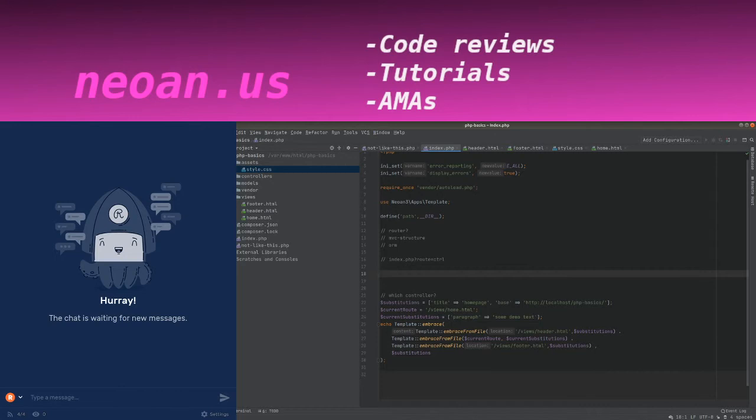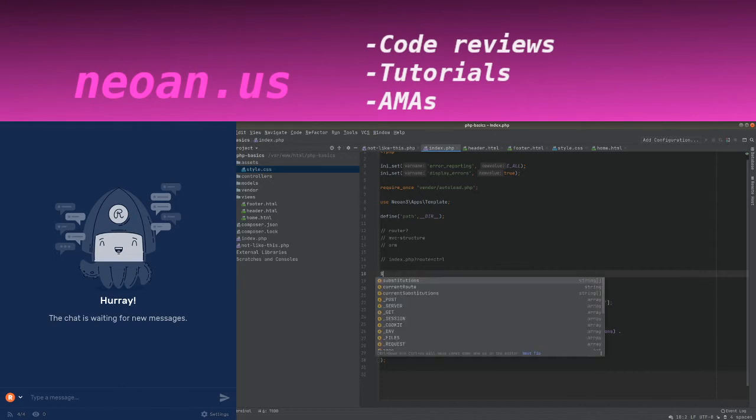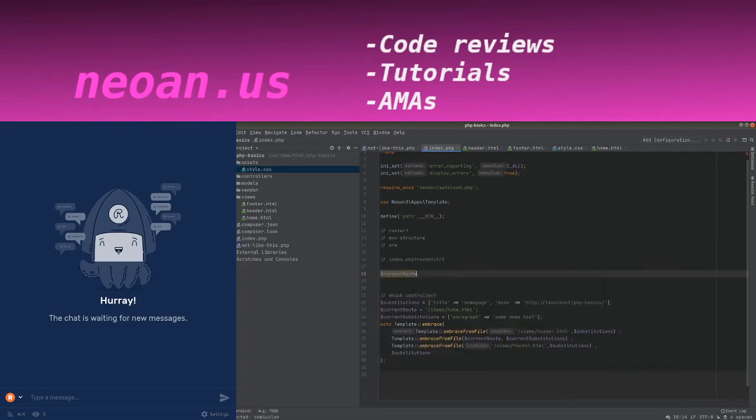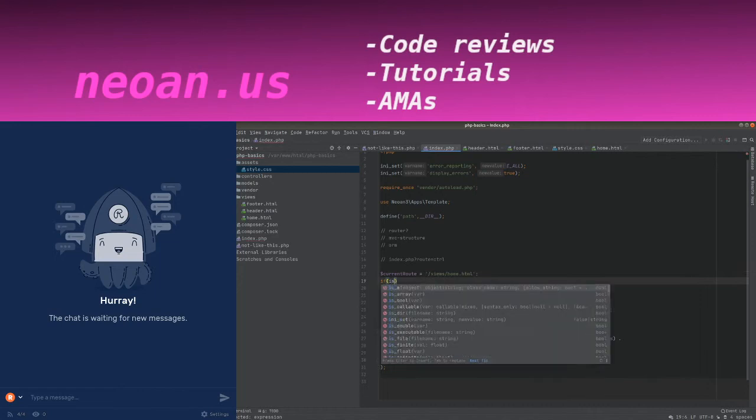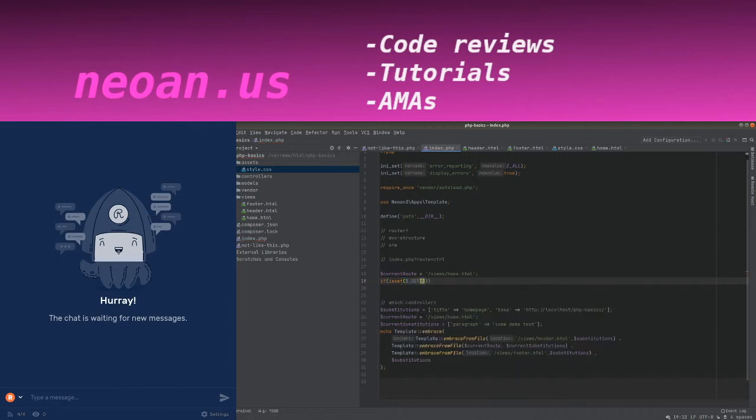So let's do just like my current route, right? Actually, I already have that. So that's here. All right, let's start with this. This is our default setup. So this is happening, right? And then we say, okay, if is set, and then we simply say get. Do you see how what we're aiming for is the route here? So if that is set,